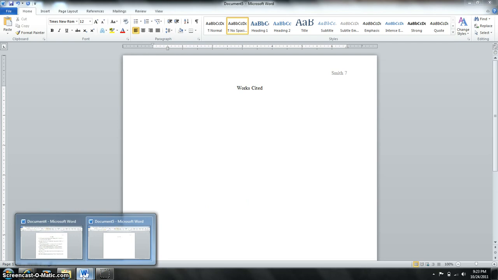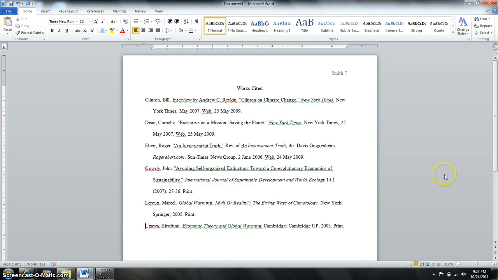I have drawn up for you an example, so when you are done, this is something like what your Works Cited is going to look like. And if you notice, there's lots of italics, quotation marks, periods, commas, and it's all very nitpicky, detailed stuff. So when you are typing your Works Cited, you really need to be careful and double check that you're not making any errors. If you have any questions, you can always go to the Purdue Online Writing Lab website, and they have directions for each different type of source. Hopefully